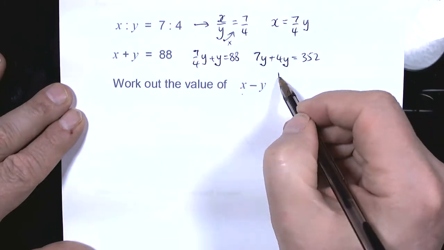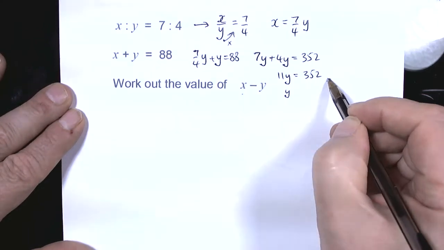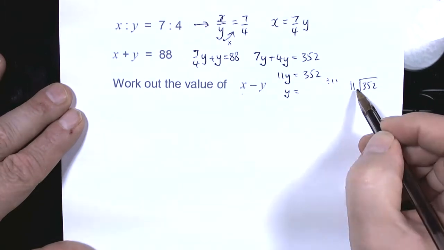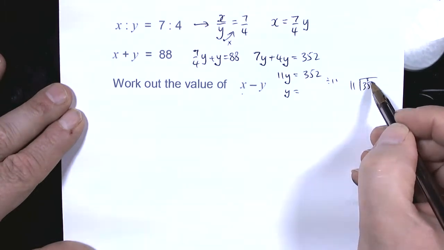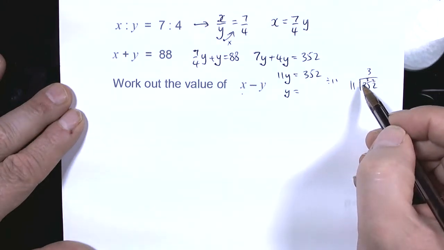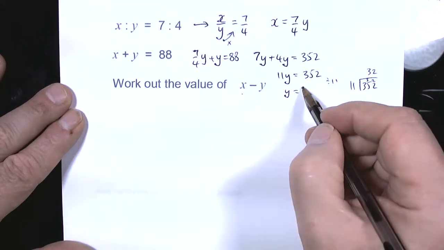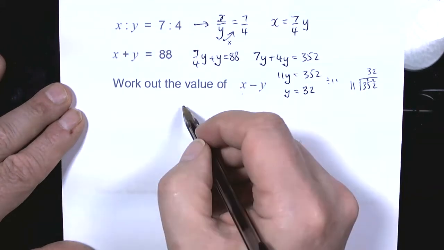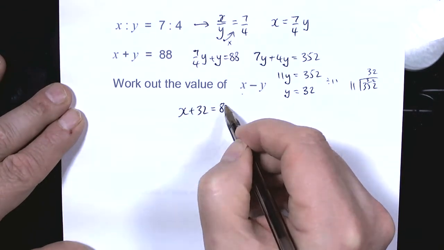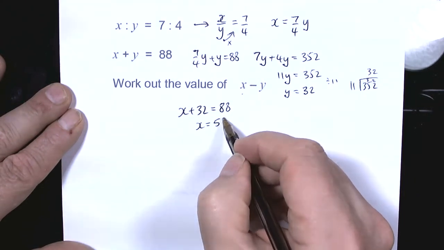And then we have 11y's is worth 352. And then we divide by 11. And we've got techniques for doing this, but 11's into 3, carry the 3 over, 11's into 35, 3, carry the 2 over, the remainder, because 11 3's is 33, take away 35 is 2, and then 11's into 22 is 2, so 32, so we know that y is 32, so x plus 32 must equal 88, so x is going to be equal to 56,